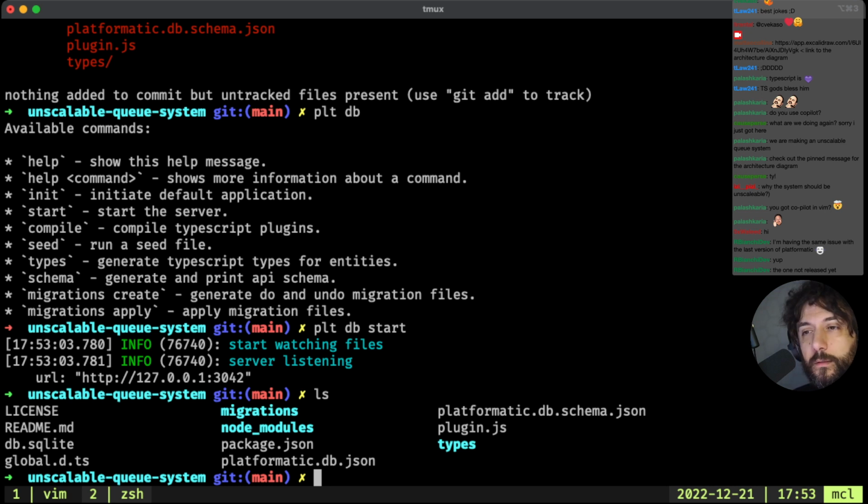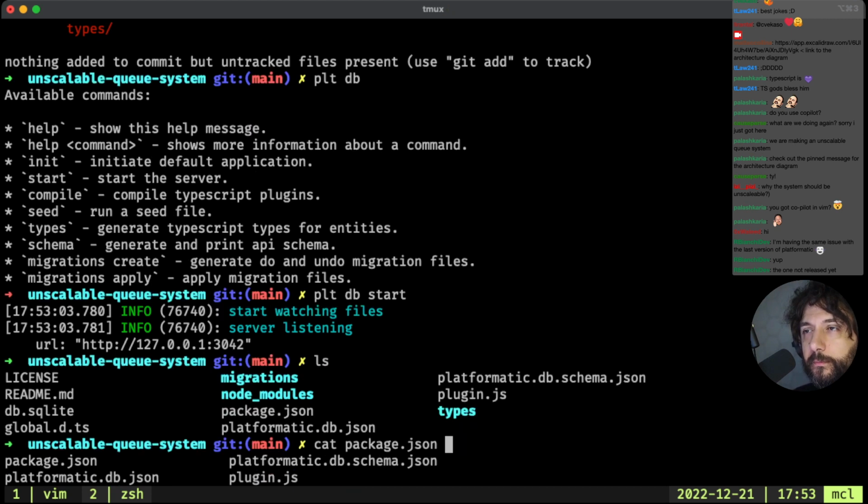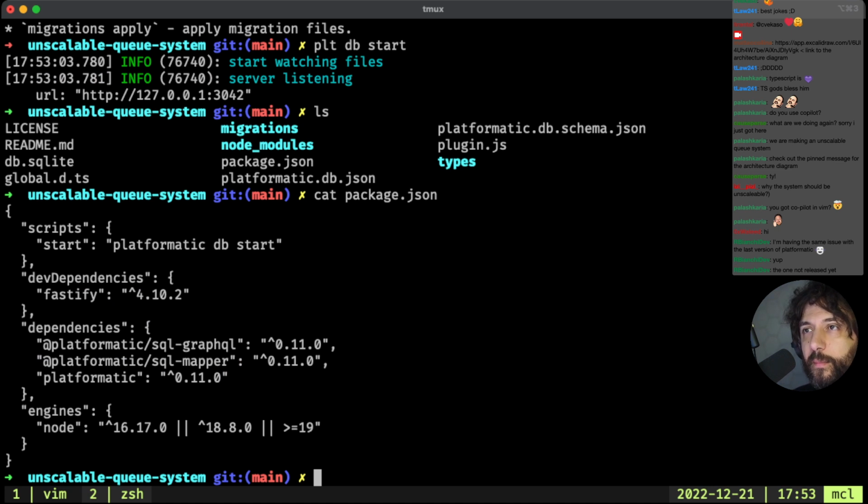Okay. No, the one not released yet. Oh, this is the main one, the unreleased version. Aha, okay, Rob. Yeah, this is the unreleased version. So let's do npm i platformatic.